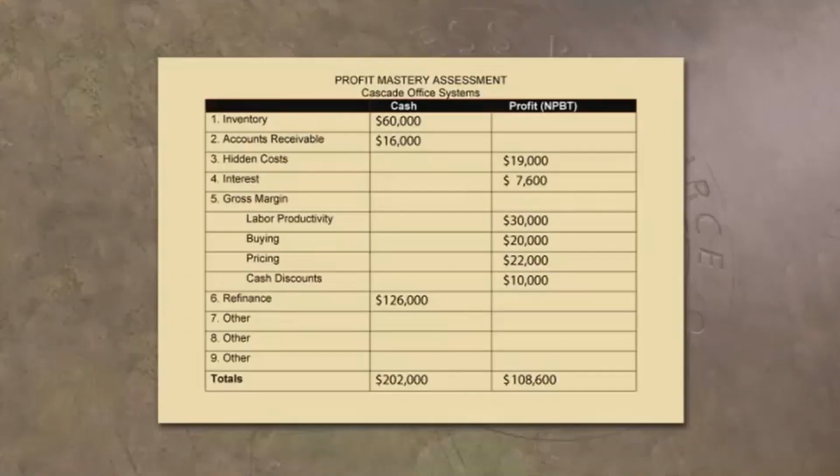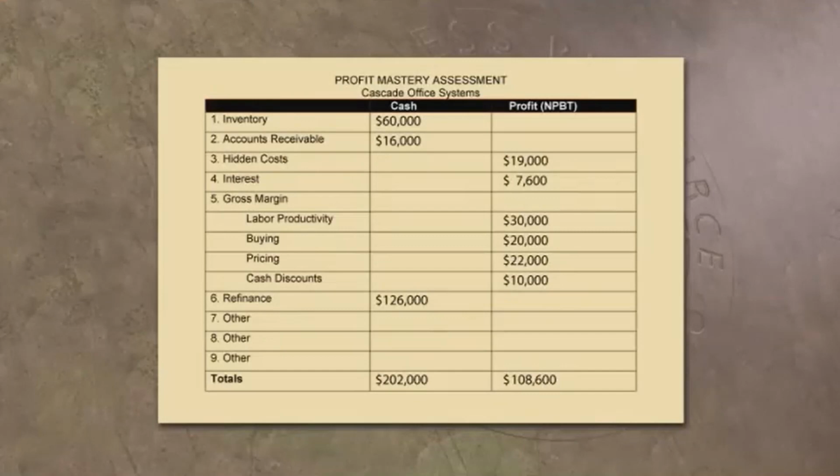And what we need to do now, we've really got one more stop, actually. If we just do a little bit of a review here, we started with his financial statements, his income statement, his balance sheet. Then we put together a ratio scorecard, right? So now we've got a report card. Then we took a roadmap and took a trip through that report card. What we need now is to pull the roadmap back together and get it in a form that is essentially a planning format. And that's what we've called a profit mastery assessment.